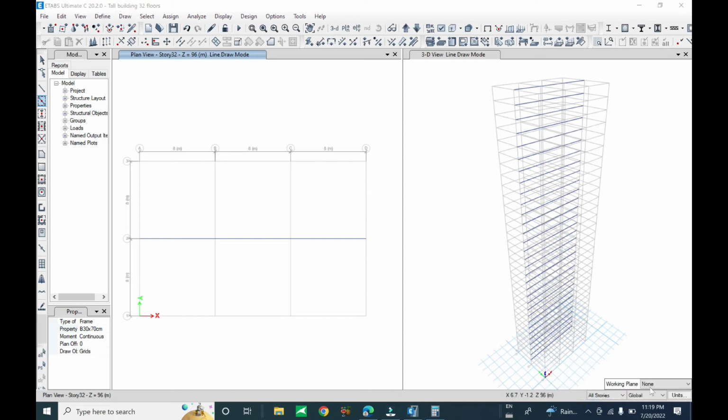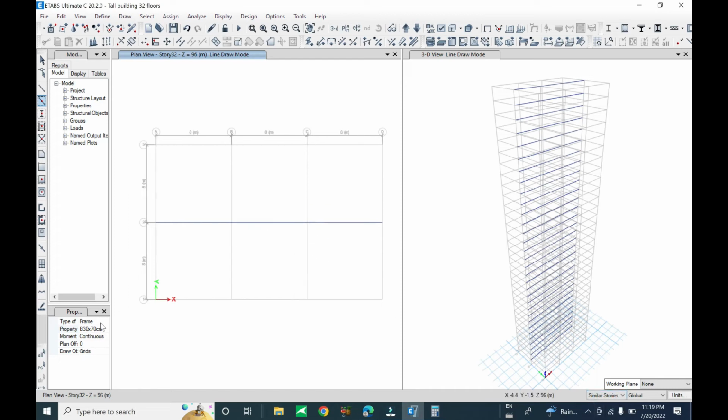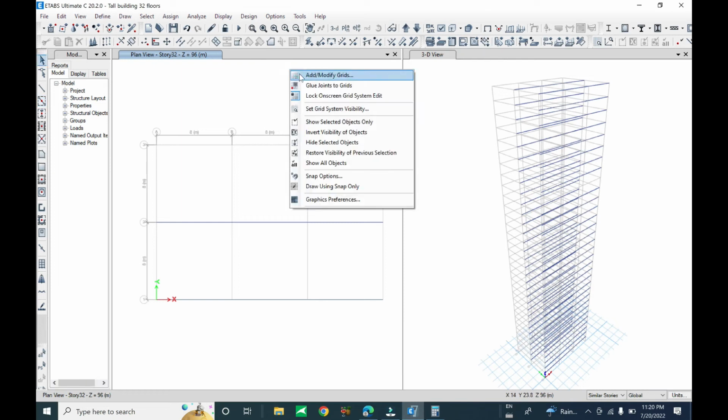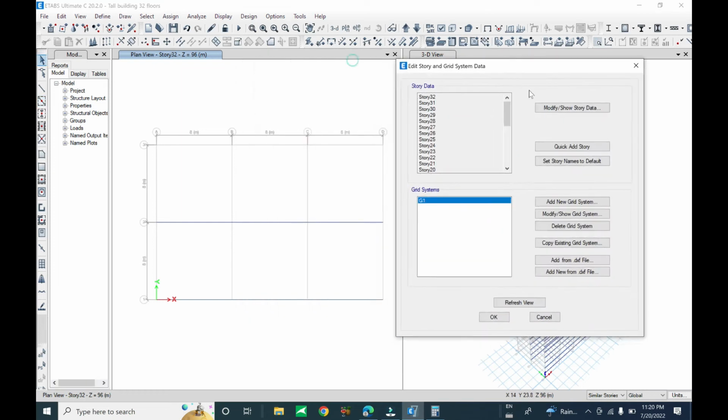I change it to the similar story and click again on the grid line 1. You see here, it is also defined automatically from the basement to the roof. What is different? Now let me change it to the add and modify grid. I change it to the